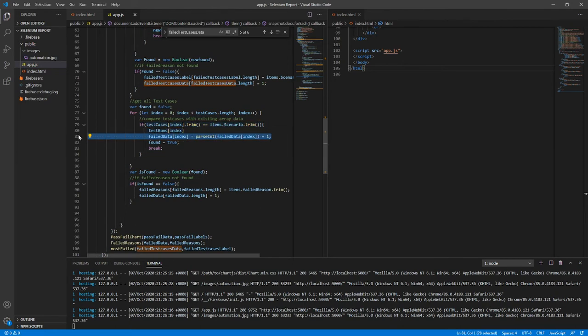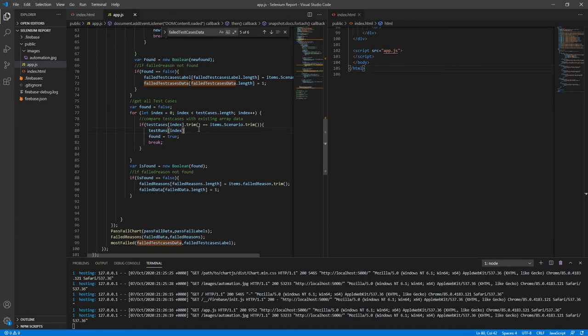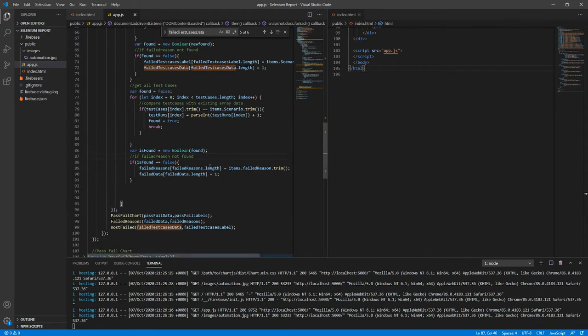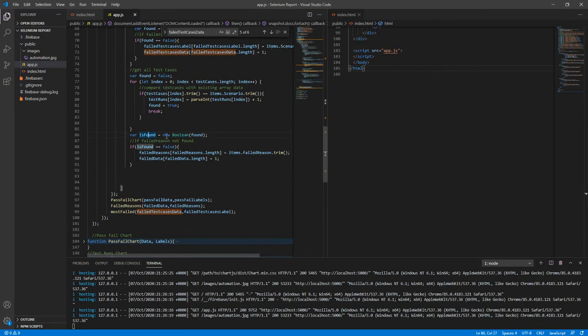let's just go ahead and delete this. The test run is passed, pass int this and then this, just increment it by 1. Okay, so boolean, if it's found,